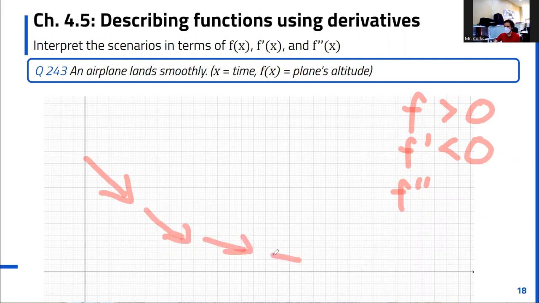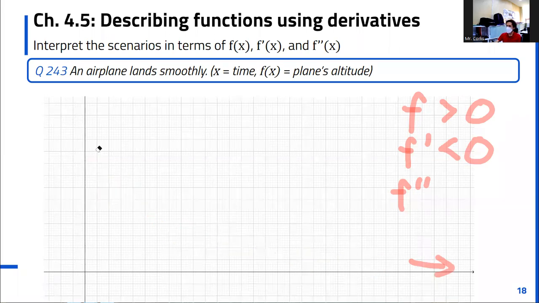They still want to go down, but they want to go down really slowly at the end because if something does go wrong, they don't want to smash into the ground and explode. So like this. Okay. And if we just turn that into a smooth curve,